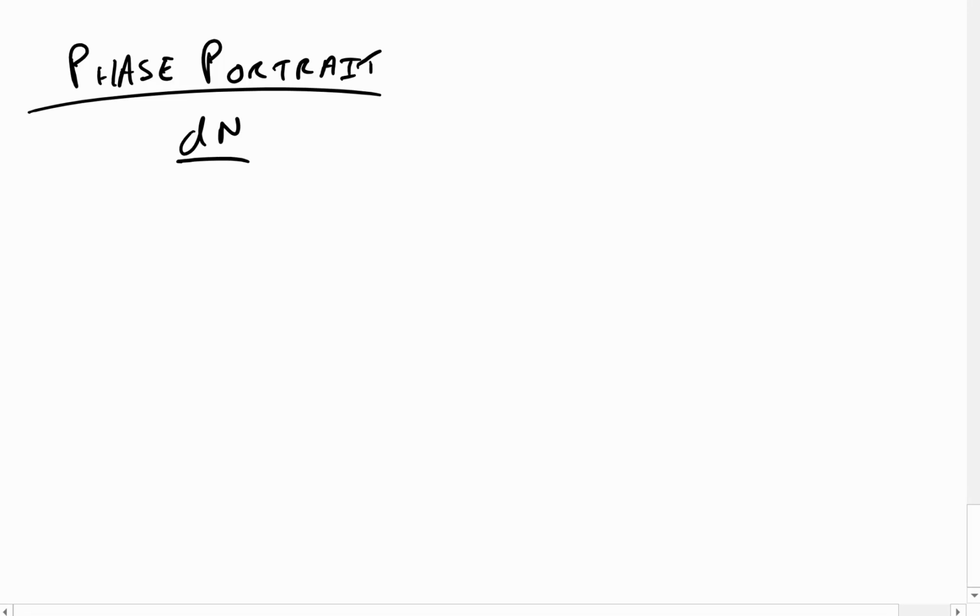So remember, our ODE was dn by dt equals Rn minus h. So we try and solve it by the phase portrait. Okay, so what do we do? Well, n has got to be greater than 0. n has got to be greater than 0 for all of our time values. It's got to be greater than 0 at all times. So therefore,